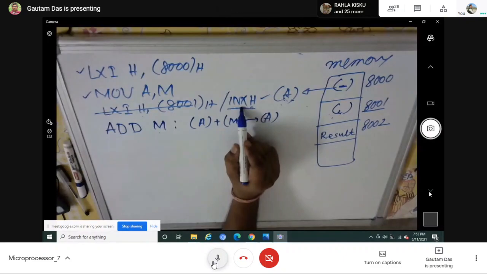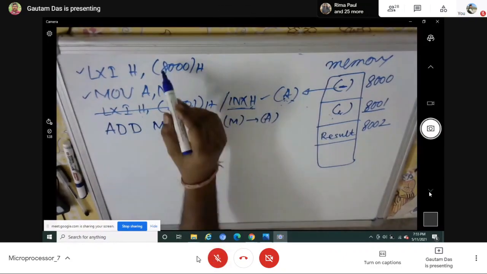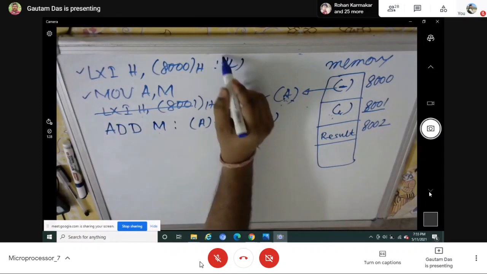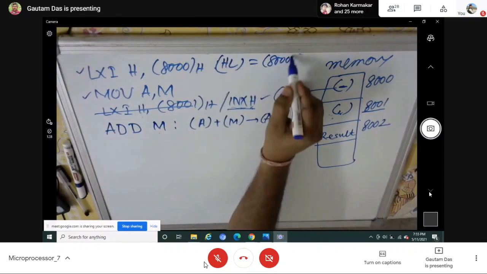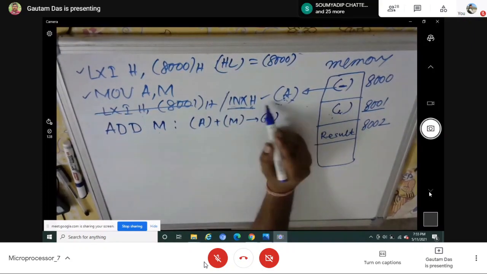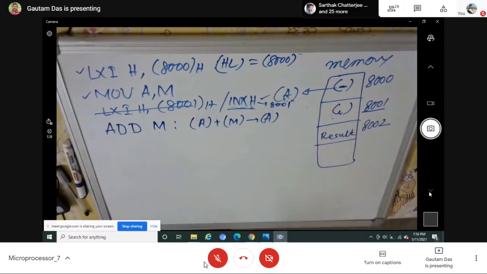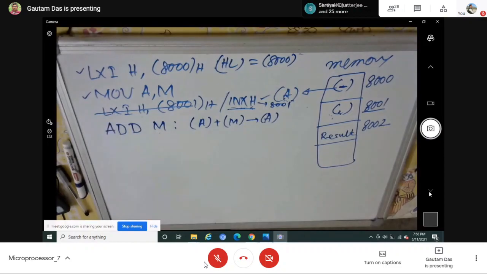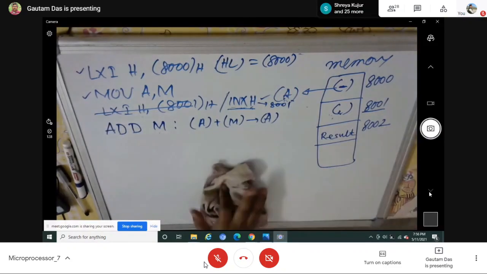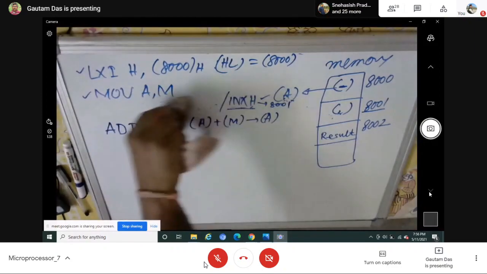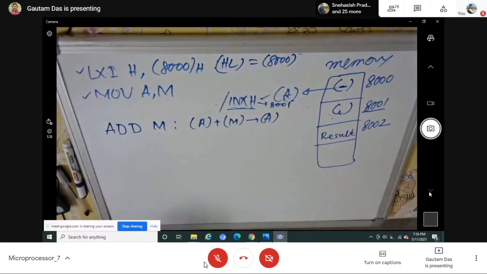You see the other upper instruction where HL is used. That means here, after this instruction, your HL was 8000. So now if we use INX then definitely HL will become 8001. So that is correctly replacing the function of this instruction. That means instead of using this 3-byte instruction, you must use this 1-byte instruction here as INX.